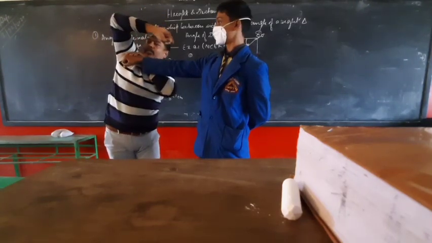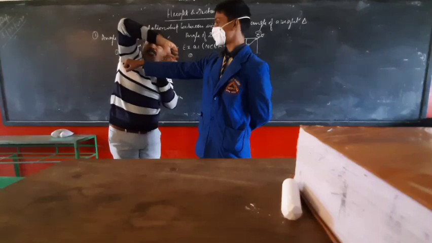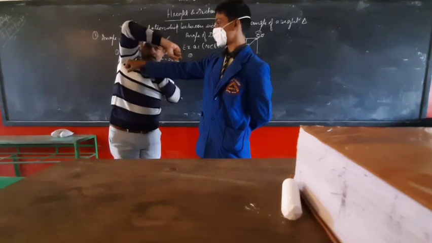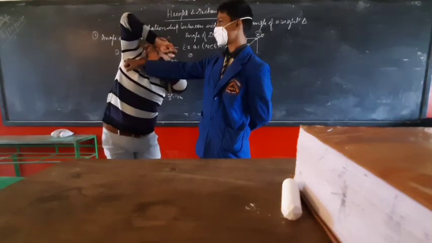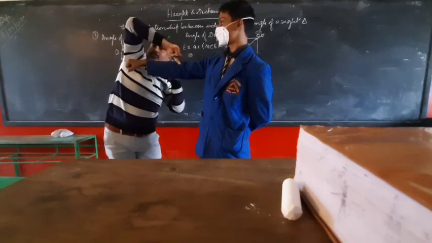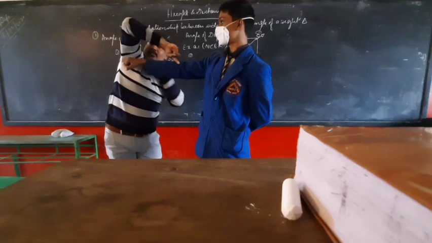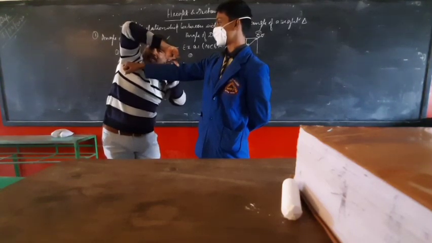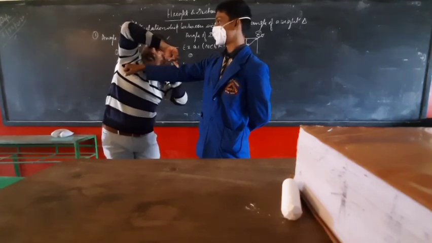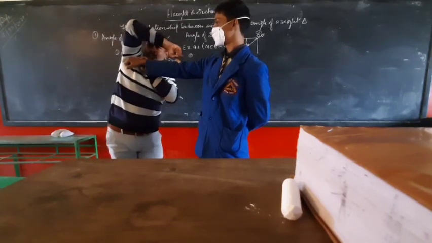It started falling and it touched the ground at some distance, 8 meters from the foot or root of the tree. So what angle is made? ये कौन सा angle बना बच्चों? Right angle triangle. Then this distance is 8 meters, and this angle we have given 30 degrees. Then you have to find the height of the tree.